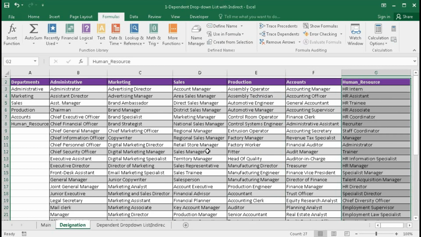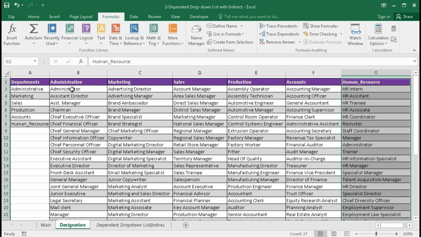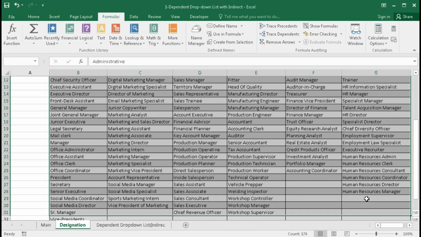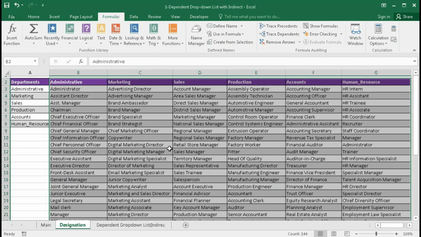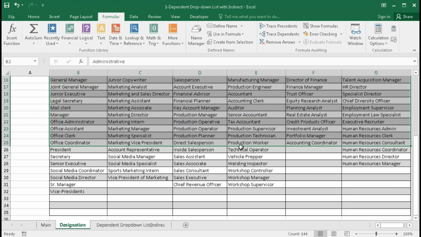But if you have the same height for all the designations, then you can select all the designations at a time, and create from selection and select only the top row and click OK. You will get all the name ranges at a time. I have different heights, so I have created them one by one.